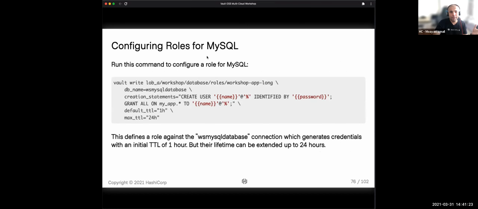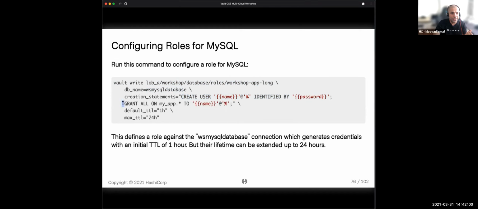Now, once we've configured the backend or the secret engine, we now need to configure the roles. If you recall, one of the roles that is allowed to use that secret engine was the workshop app role. And if you notice, it's using the same path, roles, and this is the role name. It's using that same database reference that we've done in the previous configuration. And here is the creation statement. This is where this role, once you initiate it or use it, will use this create statement to create a user in the database.